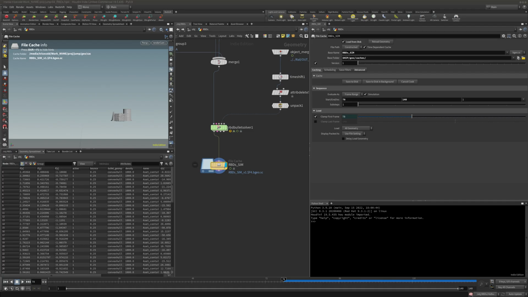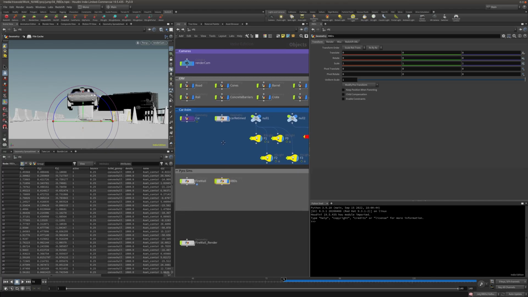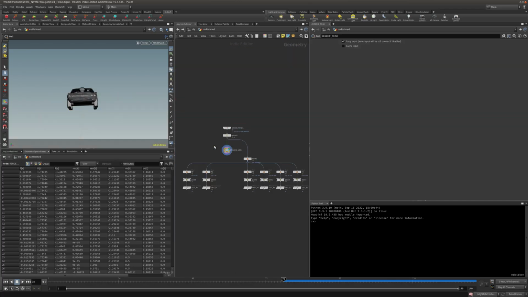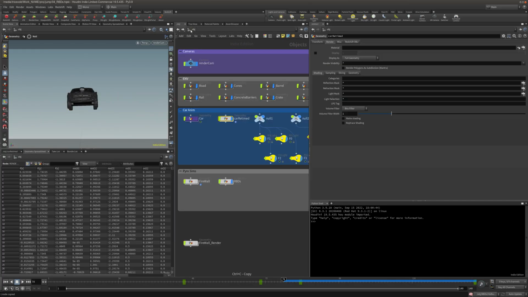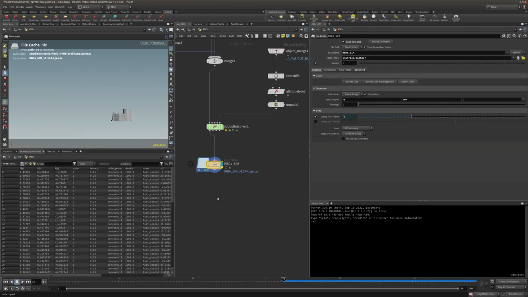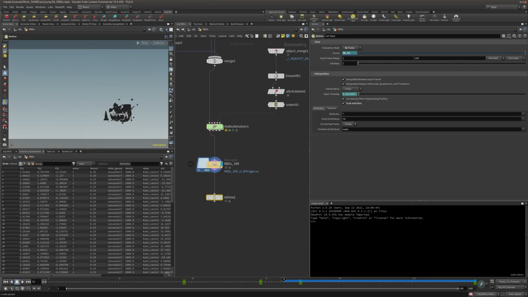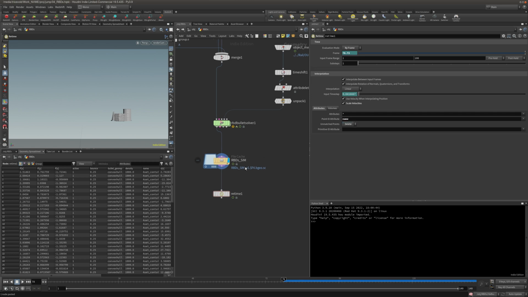Now we need to do the retime, which we already have from our car retime. So we can just literally copy this and put it in here. Okay. And we just have to make sure that this time the attributes are set to name as point attributes, and we don't need this. Okay, and if there's anything unmatched, I don't want to see it, so I'm going to delete. I believe now if I press play,